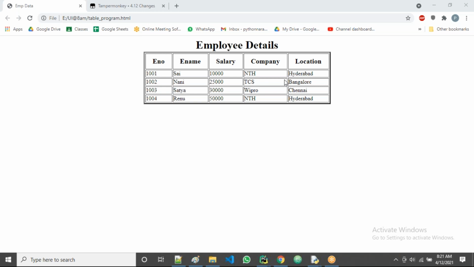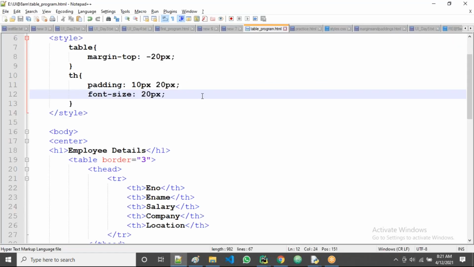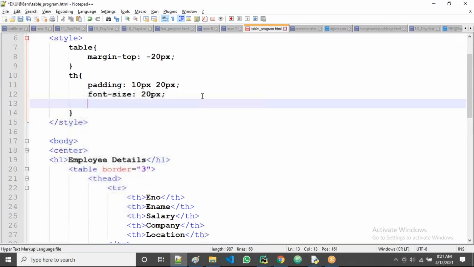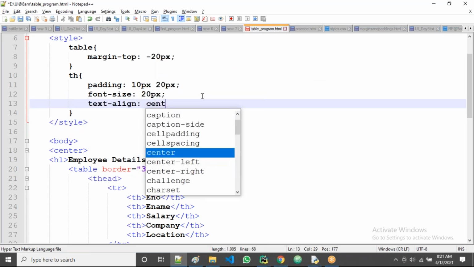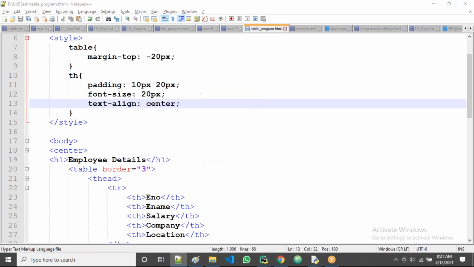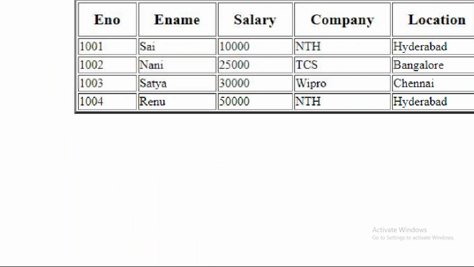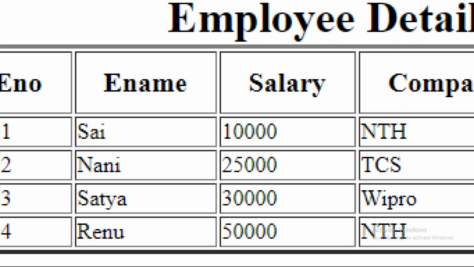Yes. Now, next one. I am taking one more style also, that is text-align center, guys. What does it mean? In that box, suppose the text is a little bit on the right side or left side.